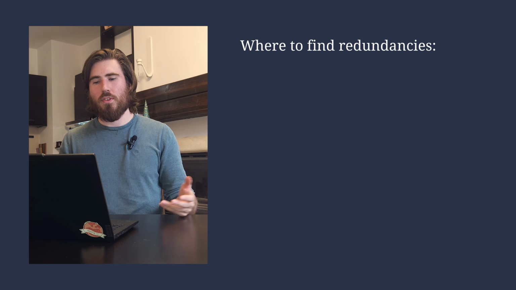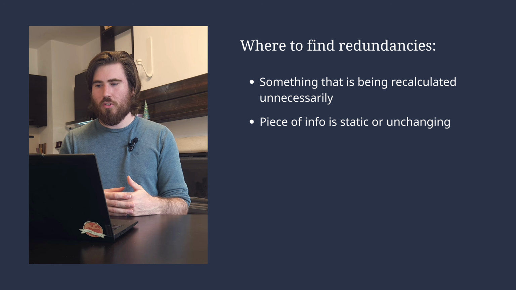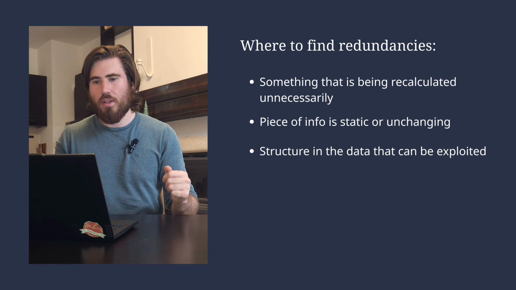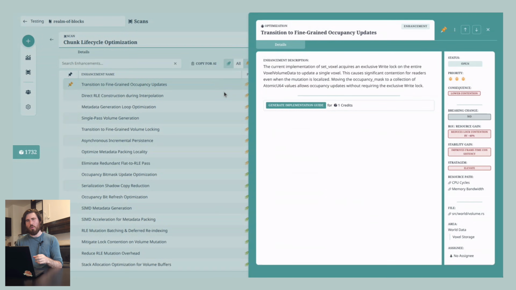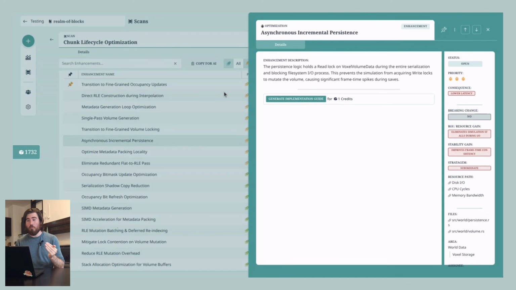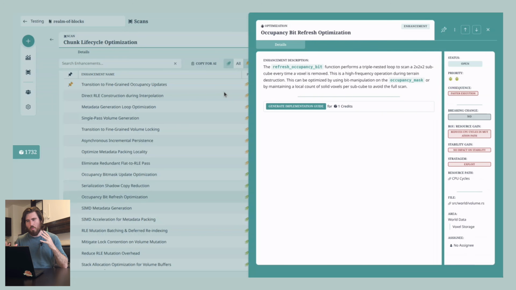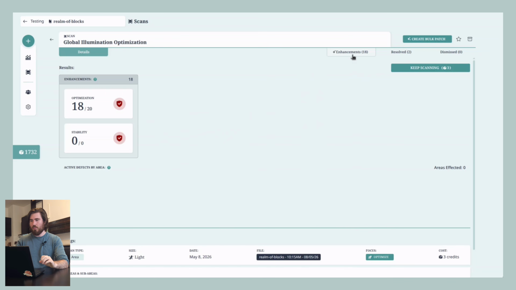And the place to look for this is if there's something that's already calculated and I'm just recalculating it, or if a piece of information is static or unchanging, or there's some structure in the data that I can exploit, then I can eliminate redundancy. So I'm just going to be looking through these scans again. I'm looking at my ray marching system in particular, coordinates and how I'm calculating coordinates. Noise sampling is another spot where I'm feeling that there probably is some redundancy. I have a bit more of a complicated noise system that I'm using, and I've definitely probably made some mistakes there. I basically found 4 optimizations which I thought were really low-hanging fruit,